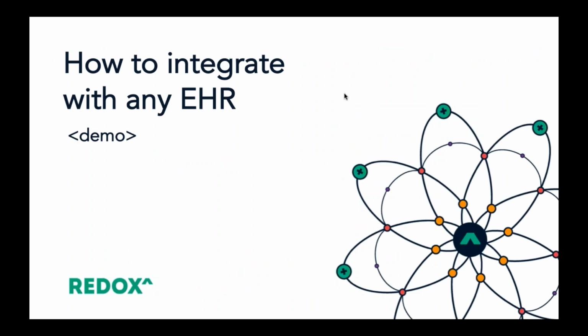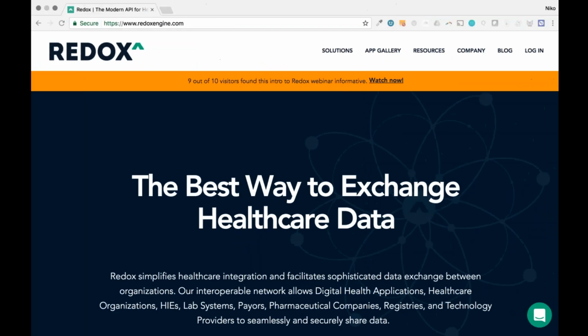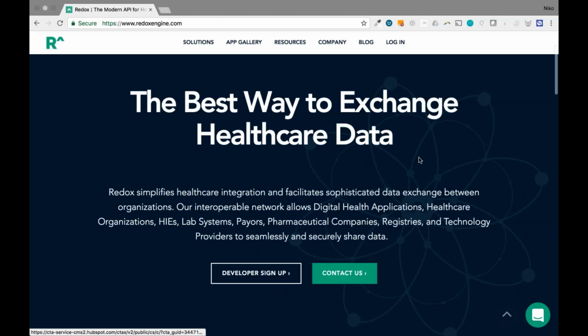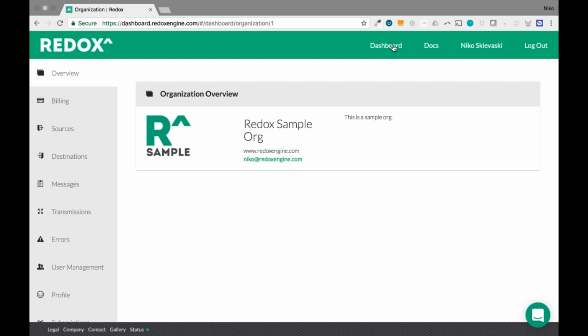So what I'm going to do is dive into a bit of a demo here to show off how that API works, how to set up an application with it, and some use case examples of how people have used it before. This is our website, redoxengine.com. Anyone can visit it. Once you're here, if you create a developer account, you can sign up for an account. I'm going to log into my demo account here, but you'll be popped into an organization. So this is your startup or your application